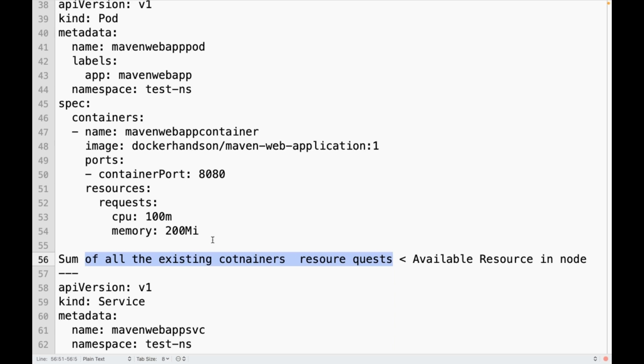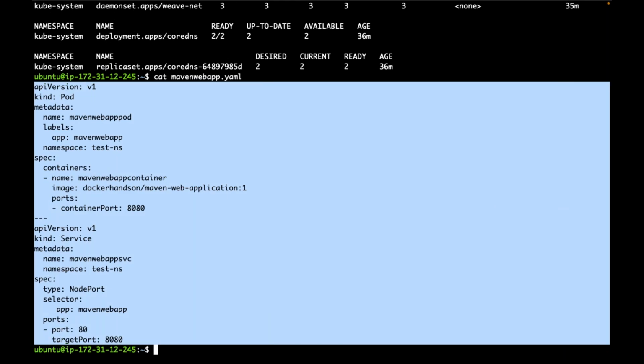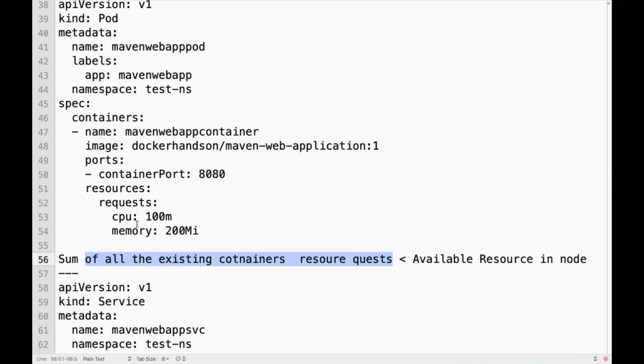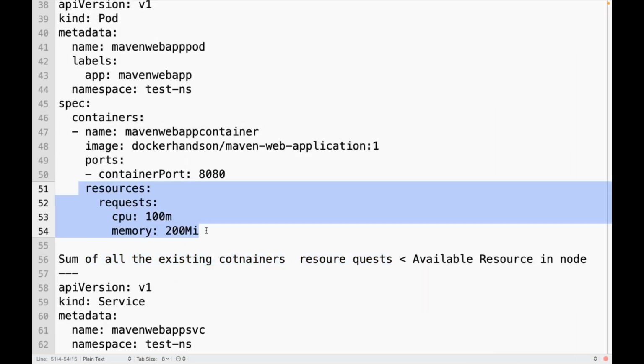Guys, don't deploy too many applications and mess up your cluster. If you keep on deploying without using all these concepts, your worker machines will break, and your master machines may break too, because they will run out of CPU and memory. Is everyone clear? What is this resource quota and what is especially this resource request? Why is this very important?